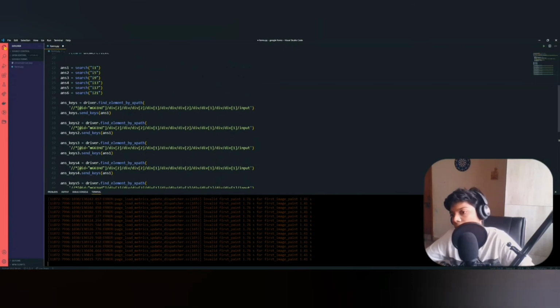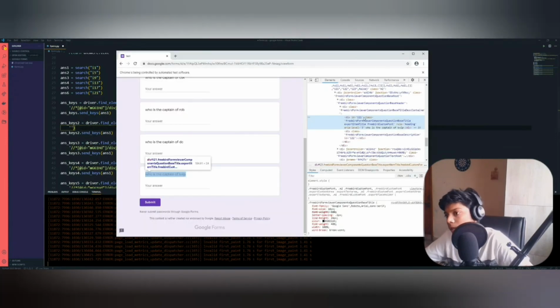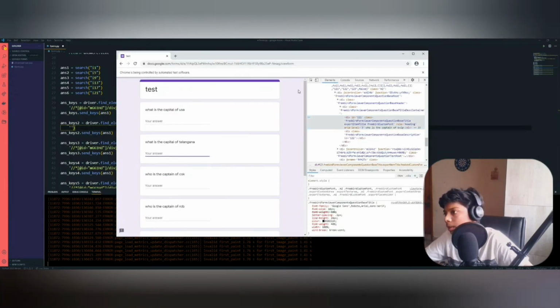And the last thing is we need to change this XPath of each blank. XPath is going to be unique for each blank.